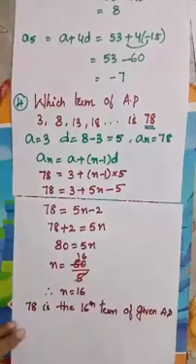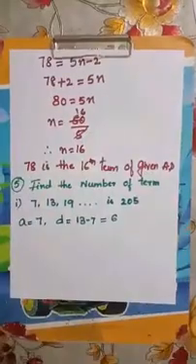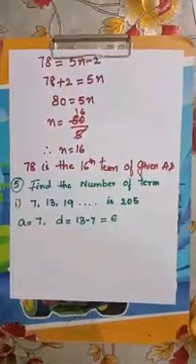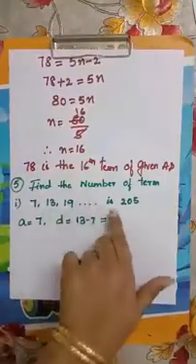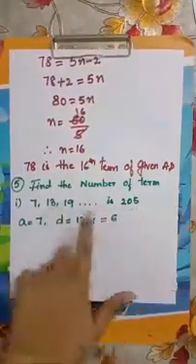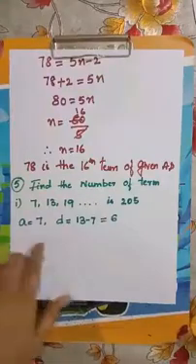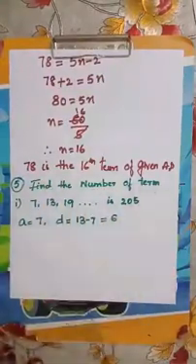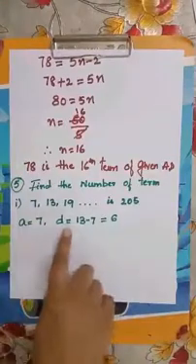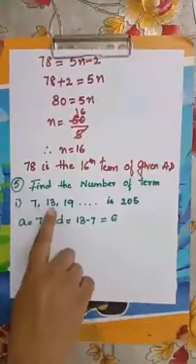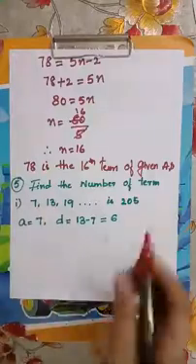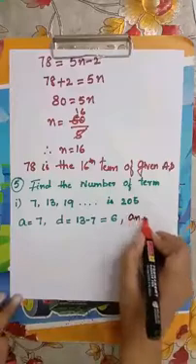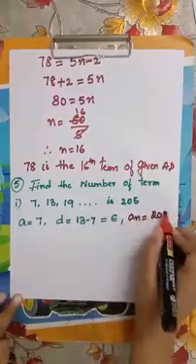Okay, now let's move to the next problem. The next one is even the similar type. Find the number of terms in each of the following. हर एक केस में you have to find the term, that is n you have to find. There are 3 to 4 questions. In each and every bit you have to find the term. Given a is equal to 7, d is equal to a2 minus a1, that is second term minus first term, we got 6. And let us take 205 as an nth term.